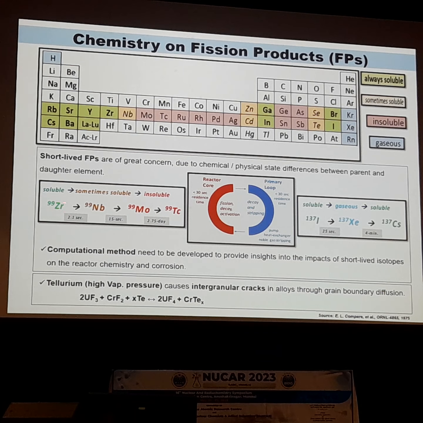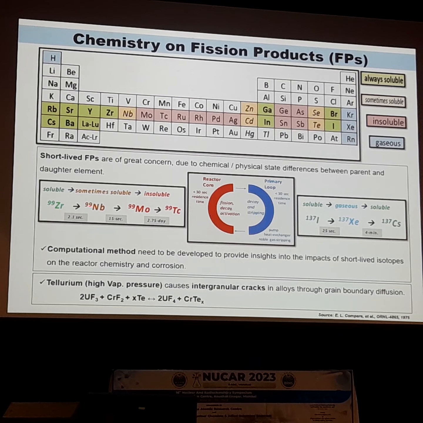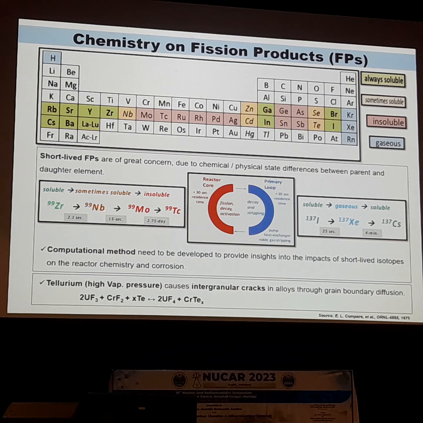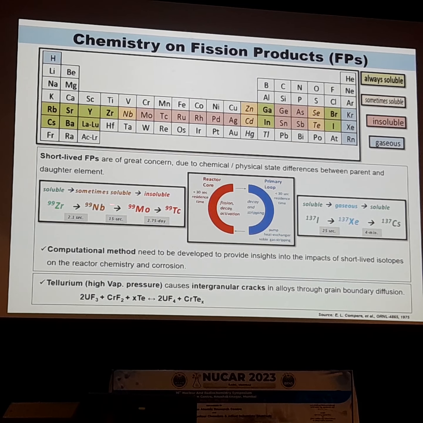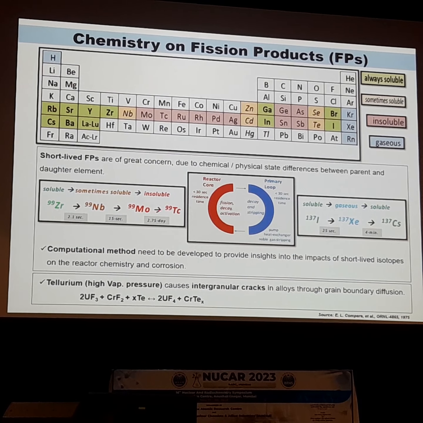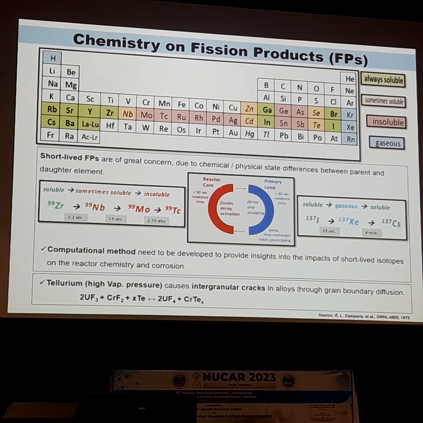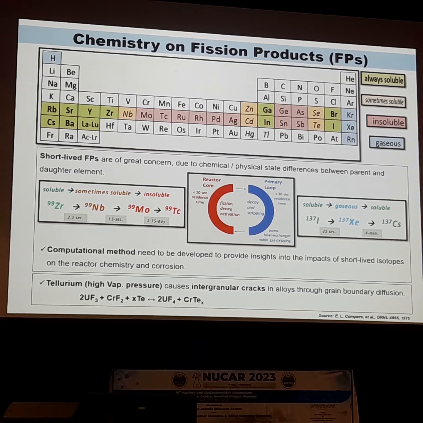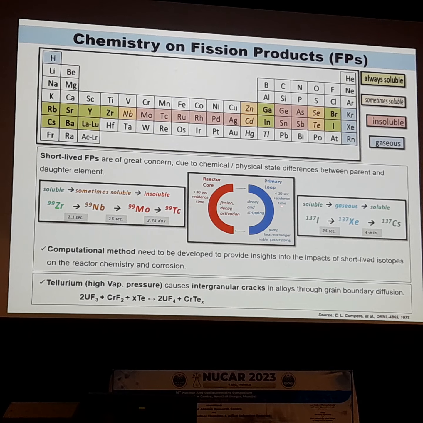See, zirconium-99, which is soluble, is a fission product. After decay, it goes to niobium-99, which is partially insoluble. Then within 15 seconds, it decays to molybdenum-99 and also technetium-99, which are insoluble fission products. So the physical state is changing with the decay of this fission product. Because if you see, this is the reactor core where the typical residence time is less than 30 seconds. In the primary loop, the residence time of this molten salt is less than 30 seconds. So less than 30 seconds